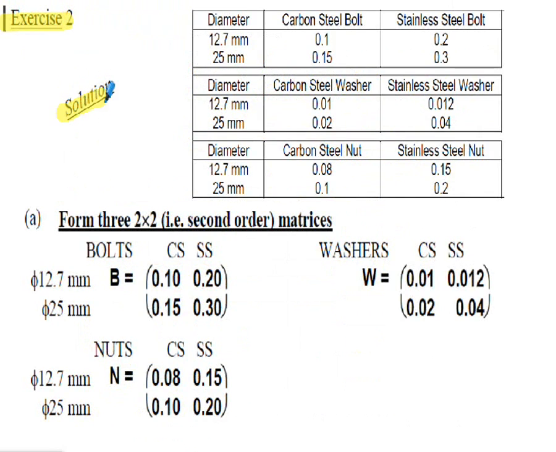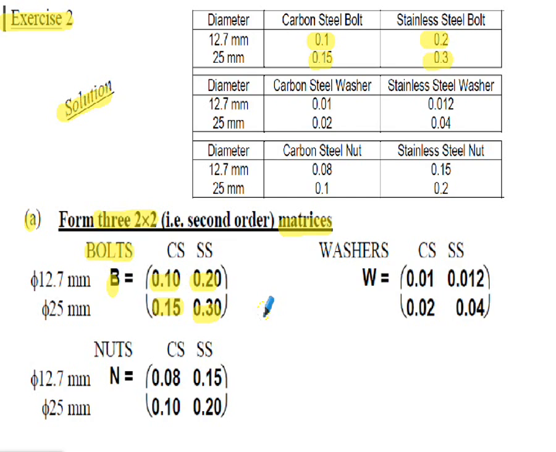Exercise 2, solution, part A. We're asked to form 3 2x2 matrices related to the information in the exercise, which is repeated above for convenience. So firstly, considering the bolts, the information given in the question for the costs is shown here for the various diameters and material types, and it's been written into matrix B here